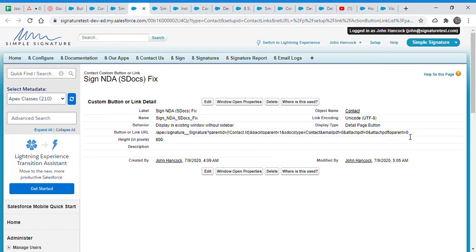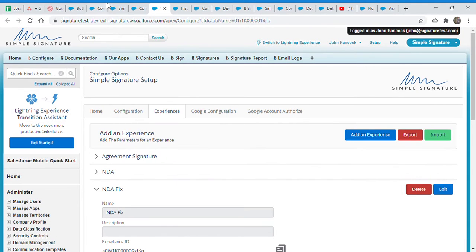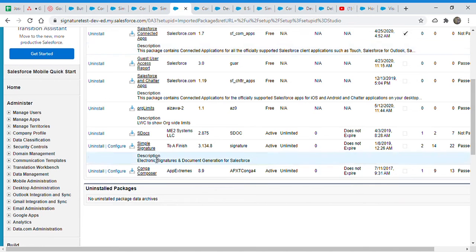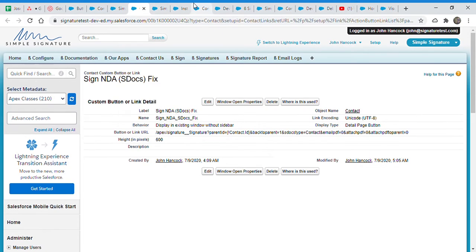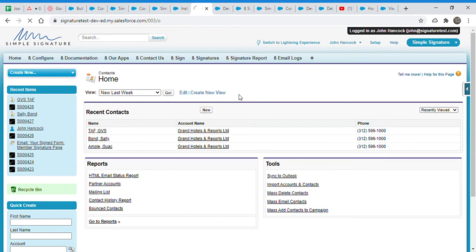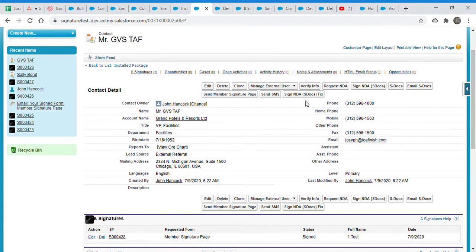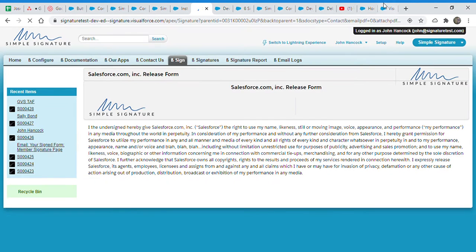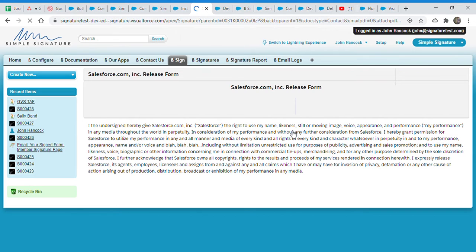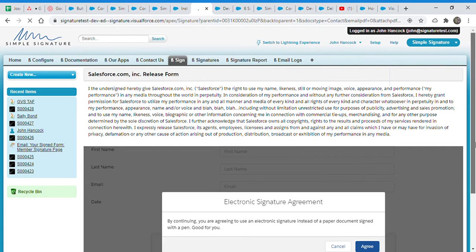Okay, so I just did this for the classic version and upgraded the package with the 3.134.8. So let's test, and hopefully this is what you want. And if you want to change anything, let me know, because I'm not familiar with SDocs type. I'm just looking into the code that was done in the older package.